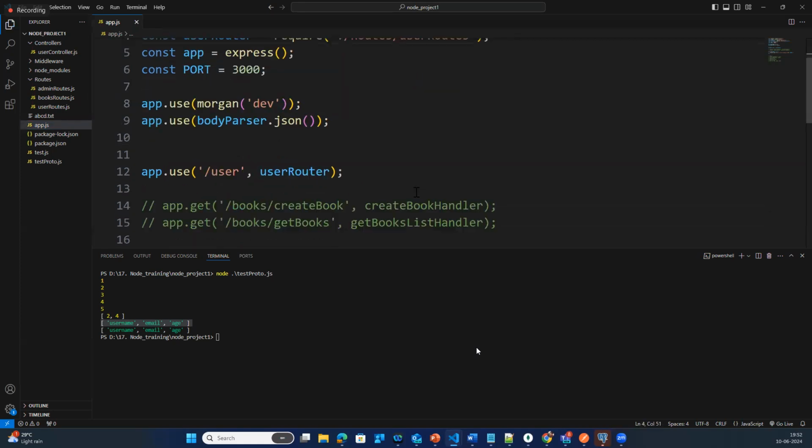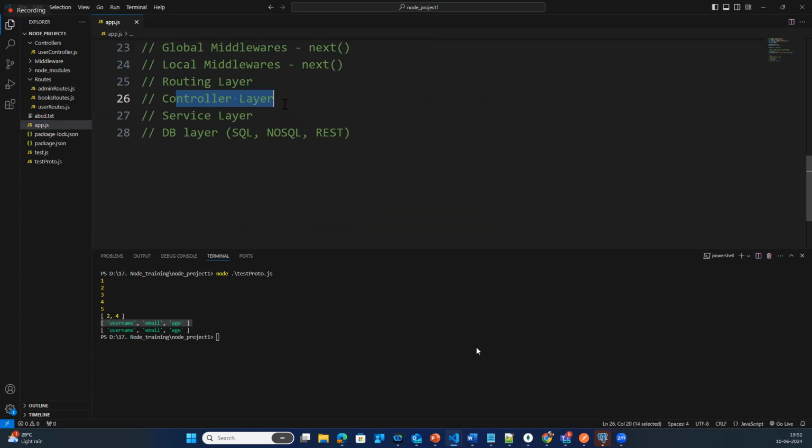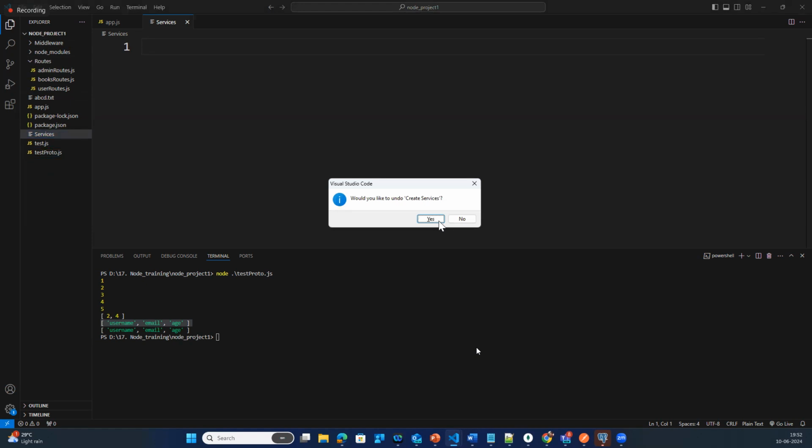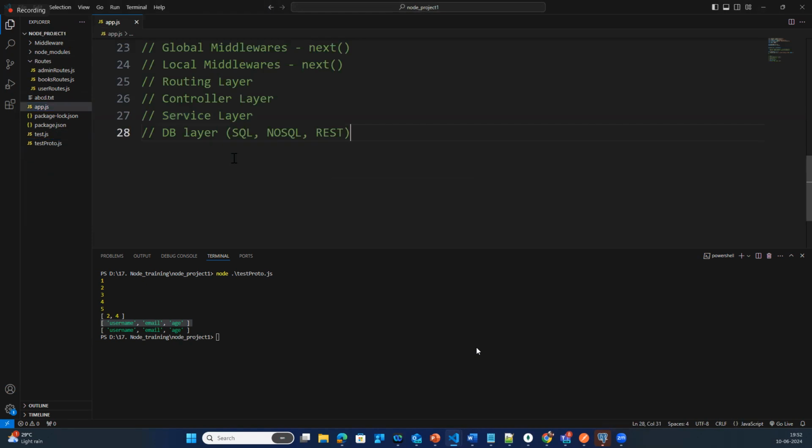Now if you observe this, the controller layer is done, the DB layer is done, but we have not done the service layer, right? First of all, you need to create another folder called services. Inside the services folder, let's say in the controller you have something like userController.js. Similarly, you need to create a